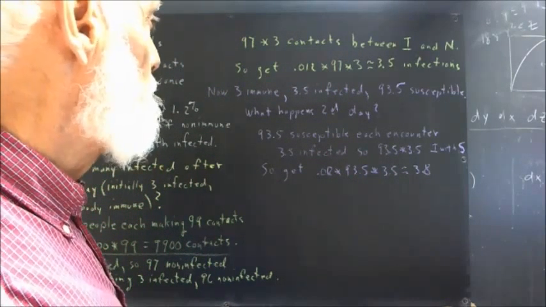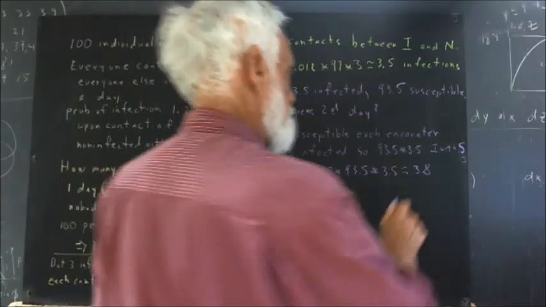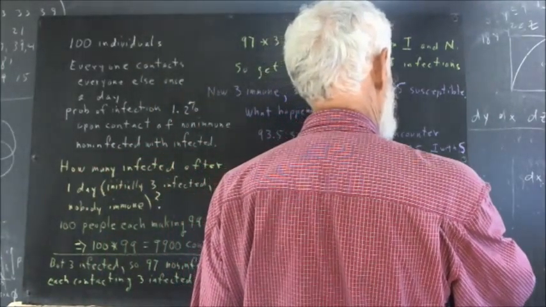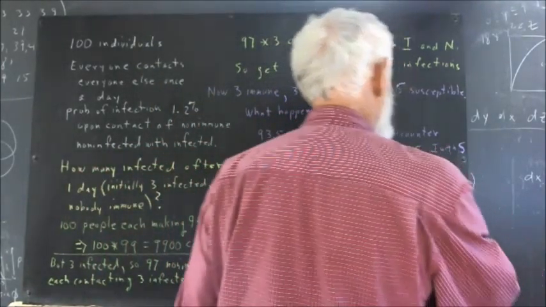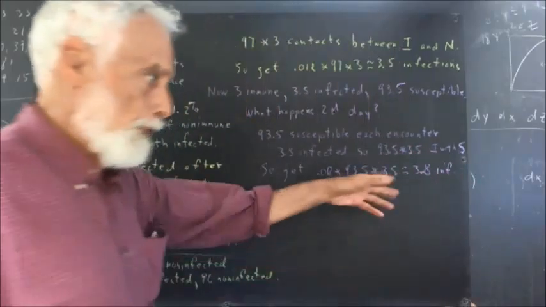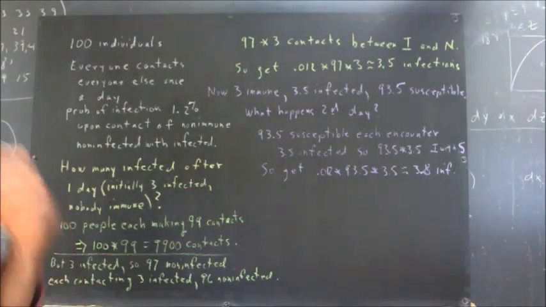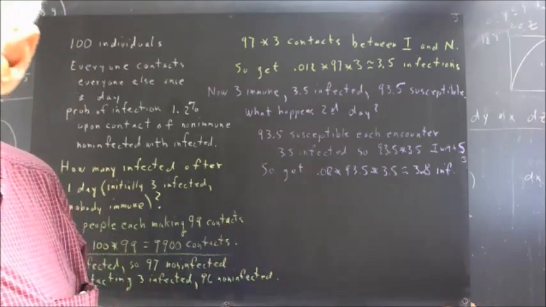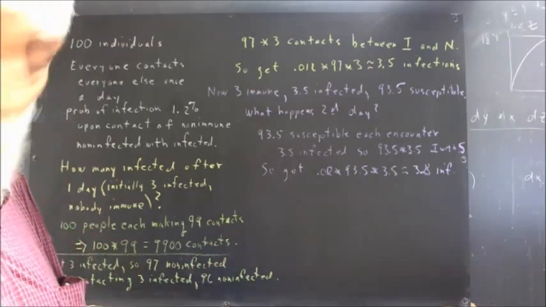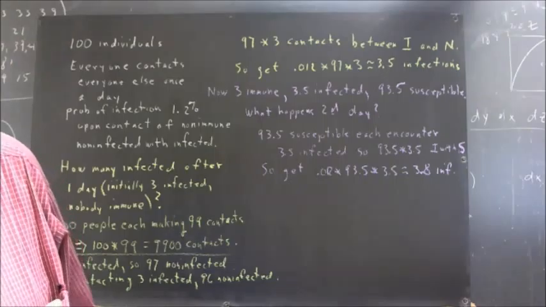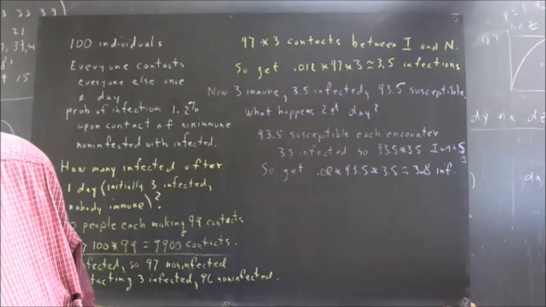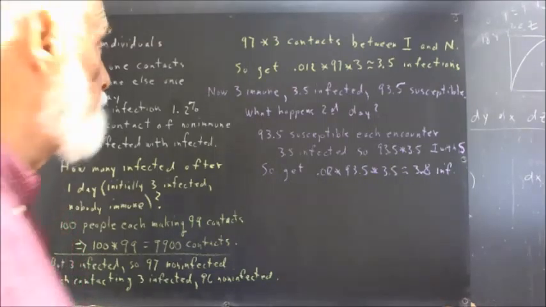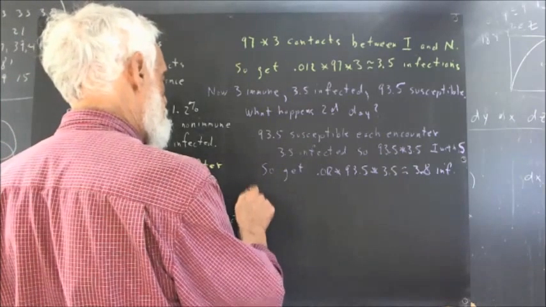And that's going to be 3.8 infections that are going to occur as a result of these contacts. Now, so where does that leave us? To the third day. You should ponder that. So I find a good piece of chalk. Okay, so for the third day, we now have